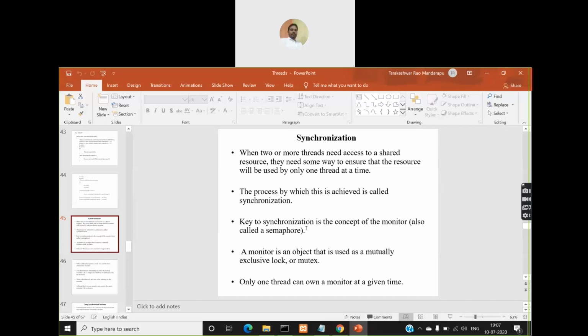Say for the database you have a lock mechanism, and because you want to initialize the transaction first, you'll obtain the lock or key for that. You lock it after you enter into that operation, so that because it is locked, no other person can open it and perform any transaction. So this kind of lock mechanism we are going to use to implement synchronization.